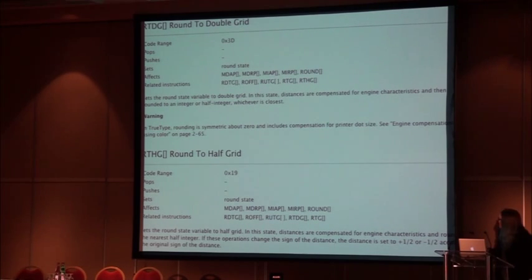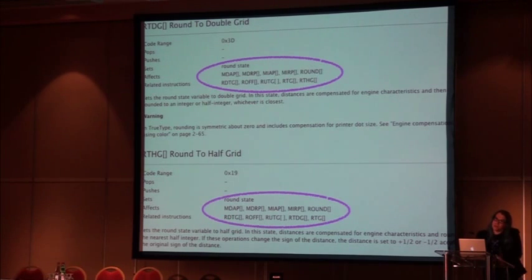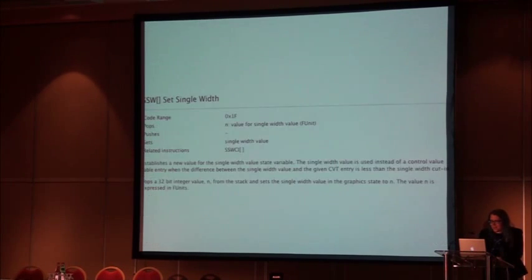And so in the Windows kernel, the actual way this is implemented is with a bunch of function pointers. They basically have functions for each of the implementations, and then depending on the state, they just change a function pointer to which one is the current one when you call round. The one that was actually used in the exploit was this instruction right here, set single width, and that's also a function pointer.